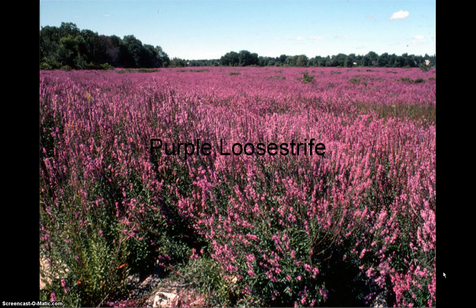Purple loosestrife is a purple plant that came from Europe and was introduced to Canada in the 1800s. It degrades wetlands. It can decimate and choke out native plants that make up the habitats where fish, birds, and animals feed and seek shelter. A single plant can produce over 300,000 seeds. The plant grows in ditches, irrigation canals, marshes, and even standing water. In some locations, purple loosestrife has also begun invading dry habitats like pastures and cropland.